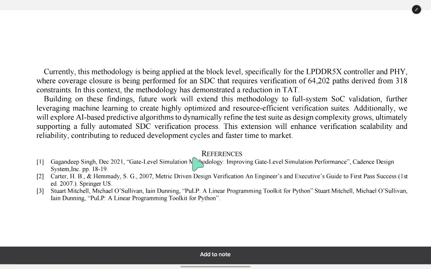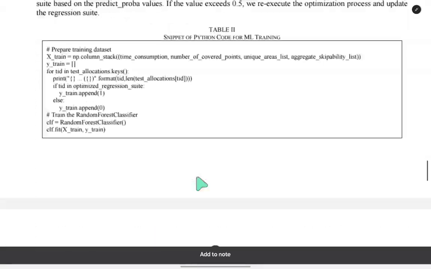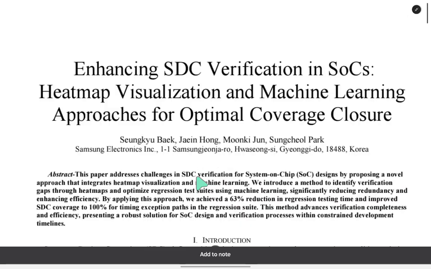Okay, today I read this paper, Enhancing SDC Verification in SoCs: Heatmap Visualization and Machine Learning Approaches for Optimal Coverage Closure